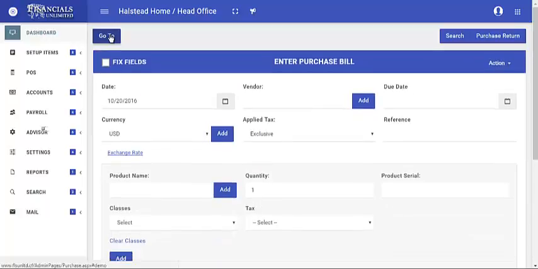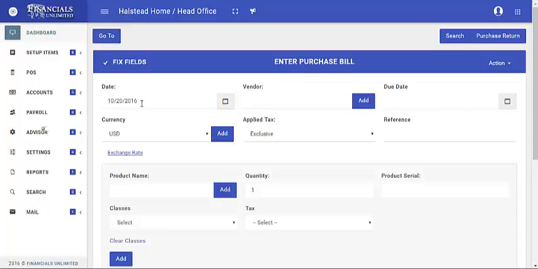If you don't want these, you can just hide them, but you need to see one thing here: fixed field. Some of the fields ask time and again for data, but when you fix them, they do not ask for that information again and again. For instance, we are going to enter a purchase bill for the 20th of October 2016.